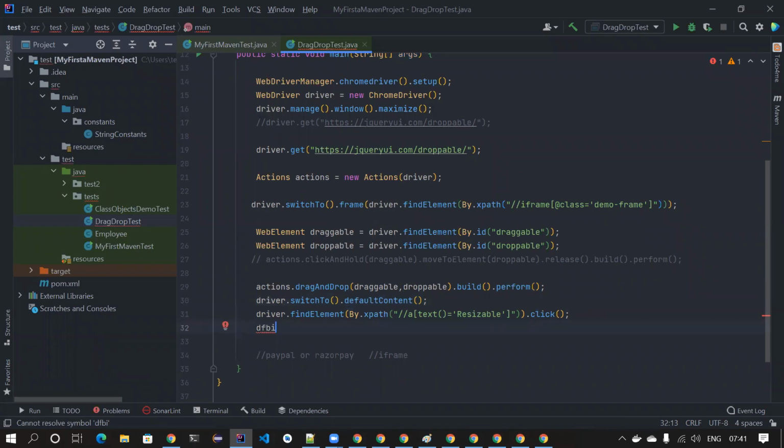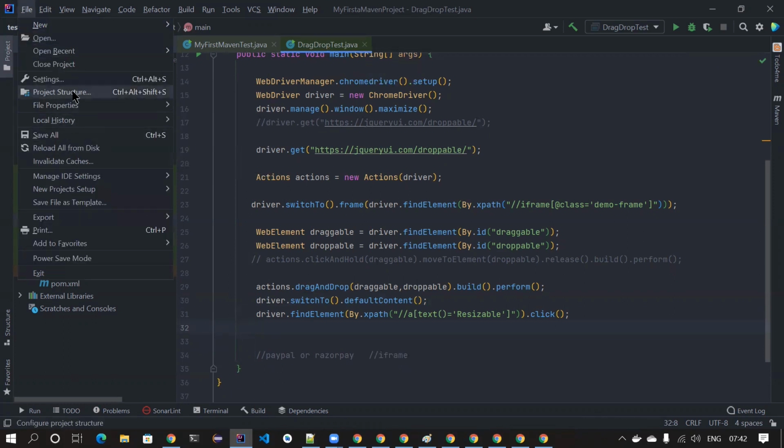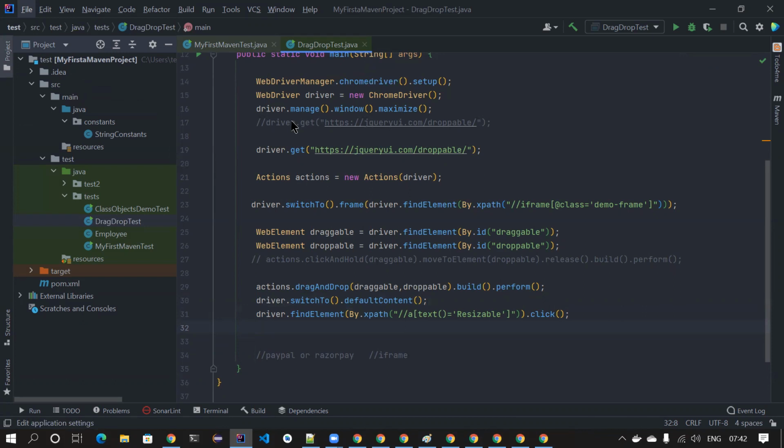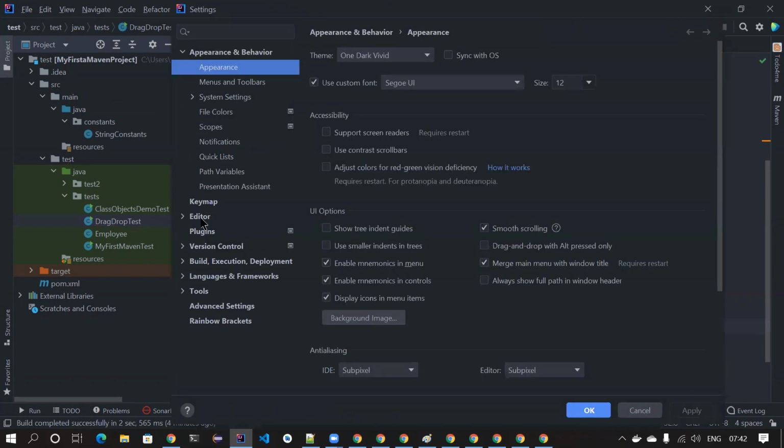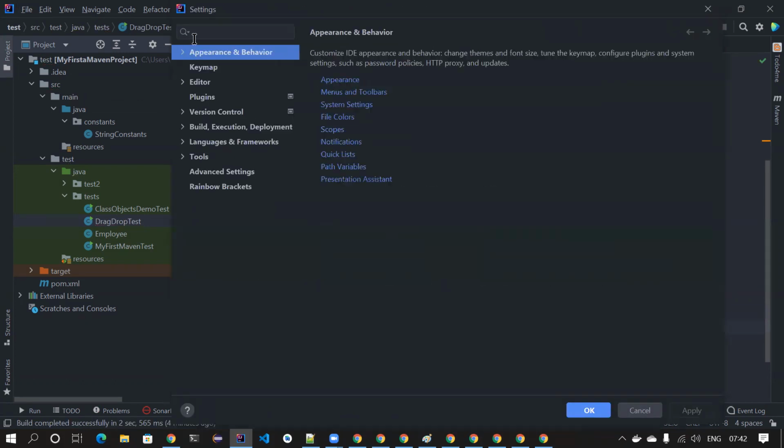If I type dfbi, it should automatically give me driver.findElement by ID. Or if I type driver.findElement by XPath, if I type dfbx, it should automatically give me all these things. IntelliJ comes with these kinds of things. For example, if you want to create something like that, there should be an option in the settings. There is file templates, maybe templates,